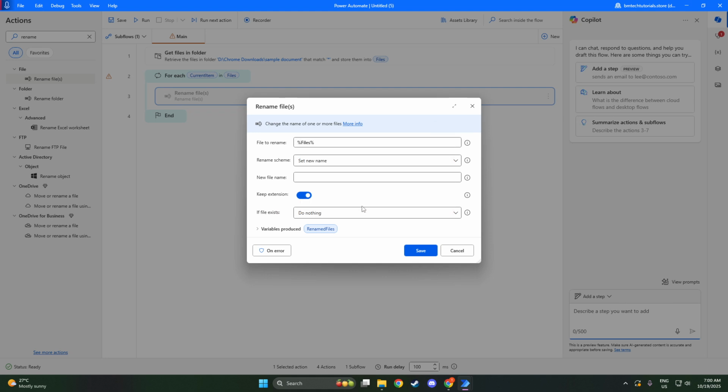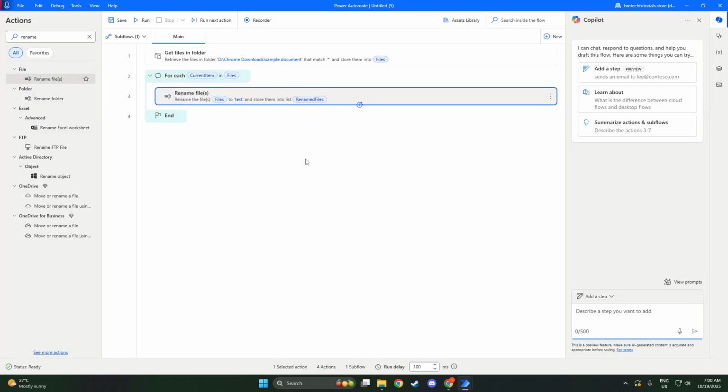Once you've got everything configured, it's important to save your work. Click on Save to store your flow. And now comes the moment of truth. It's time to put your flow to the test. Click Run to execute the flow, and your files in the specified folder will be renamed according to the rules you've set up. This automated process can be a massive help in managing your files